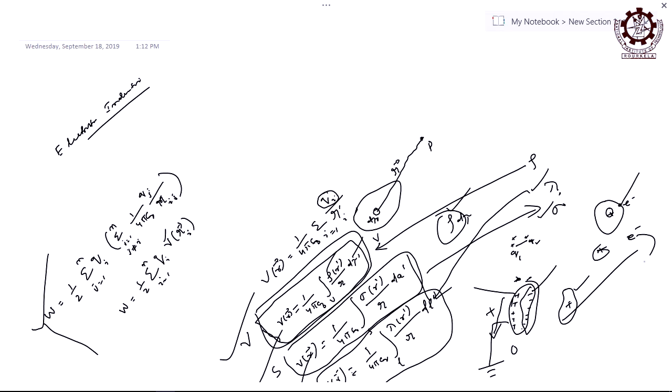So, induction means the charges get induced under the influence of another charged body, or you can say field. One charged body is there, a field is there, and that field is influencing the charges to be separated out. Field means energy is there, and that energy is sufficient to separate the negative and positive charges. If it is not there, no field, no force, no action. But when there is a charged body, a field is there, energy is there, and that energy separates the charges. That process is called the induction process.